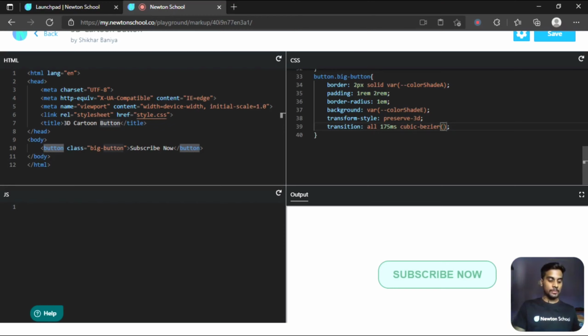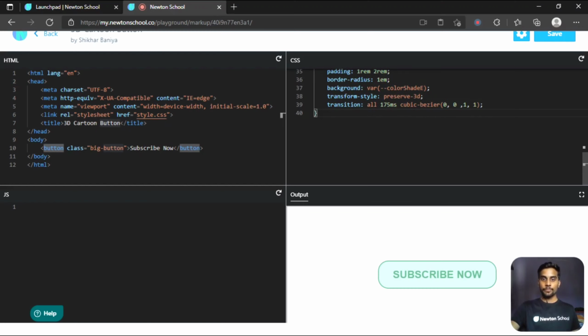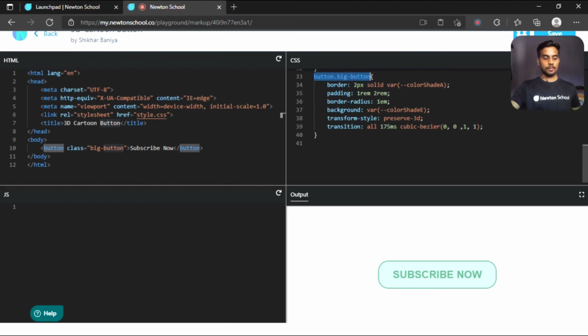Let me specify 0, 0, 1 and 1. So it will start from 0 and end at 1, but it will go through these 2 points as well. Okay, let me copy this.